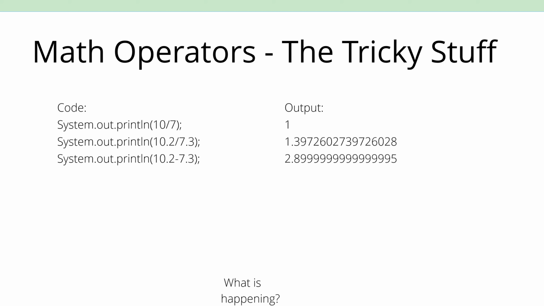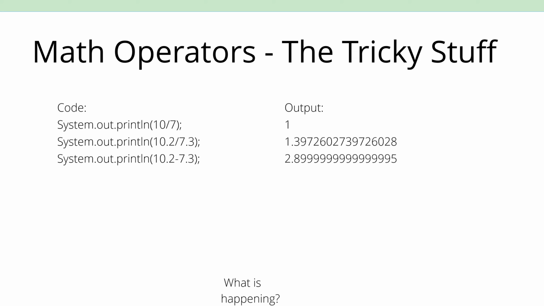So, these were the ones that gave us a little bit of a problem. 10 divided by 7, we both know that's not 1. 10.2 divided by 7.3, I think it rounded a little bit afterwards. So that might be fine. But 10.2 minus 7.3, that's definitely 2.9. Why is it like this? Well,